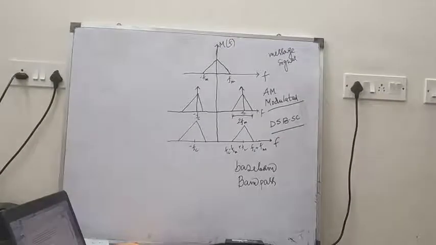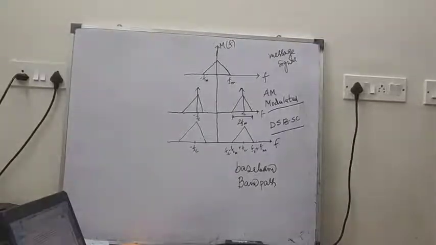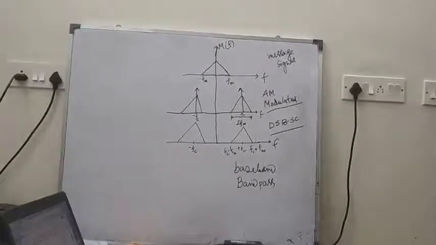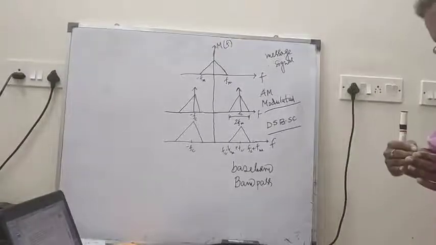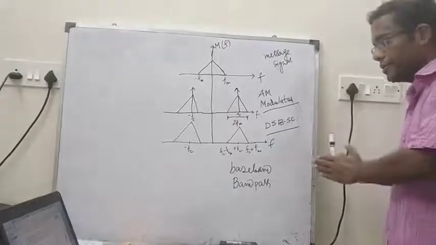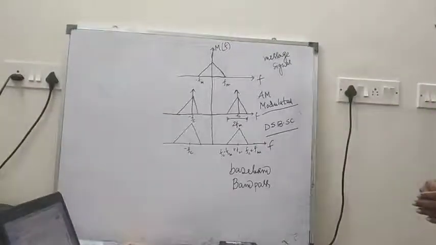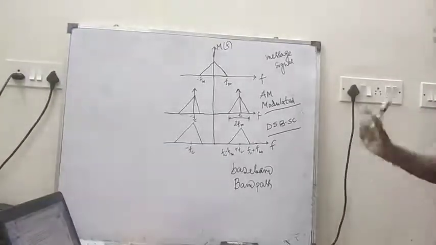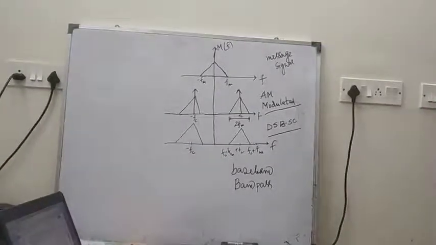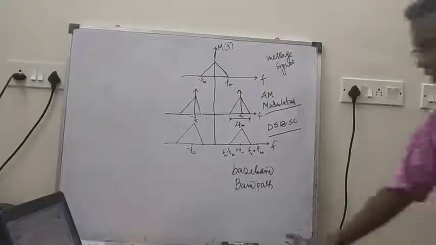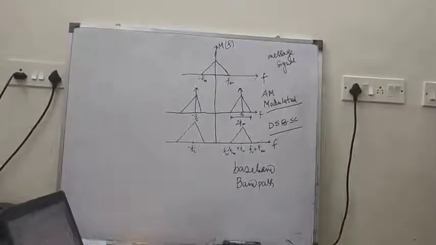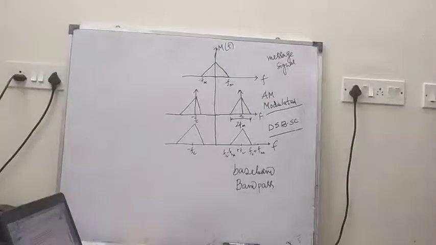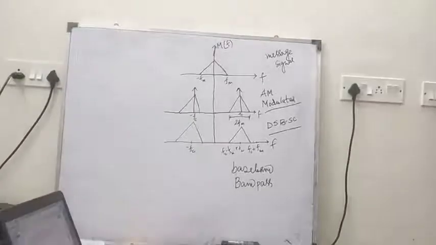That means one carrier signal will be used to modulate one message signal, and another carrier signal, which is phase shifted by minus pi by 2, or in quadrature to the previous carrier, will be multiplied by another signal m2(t). I think page number 1 of my sent note is before you, and assuming that, I am directly going to the note